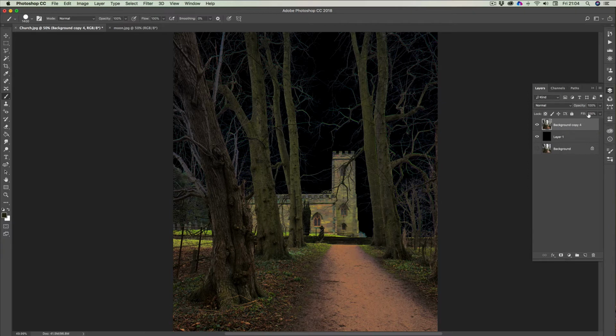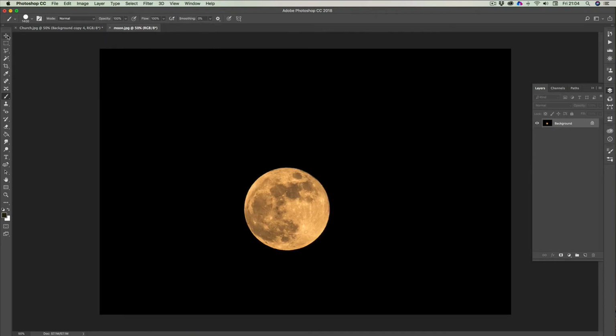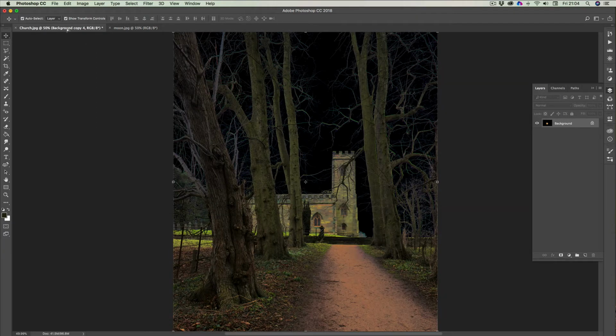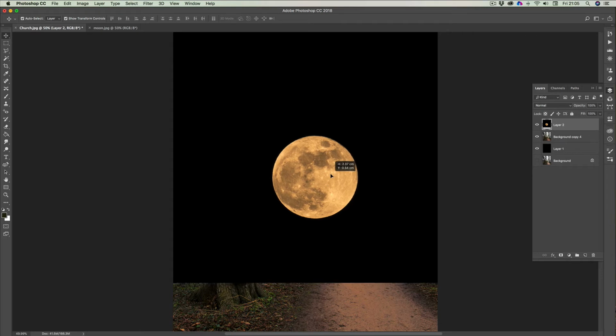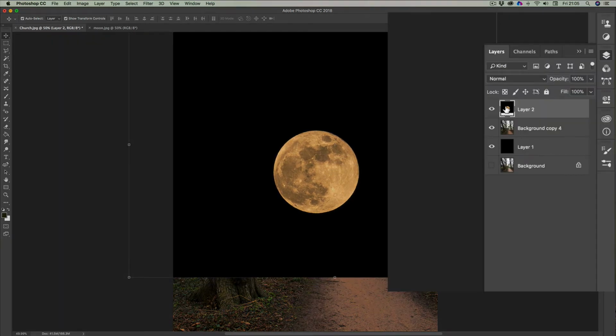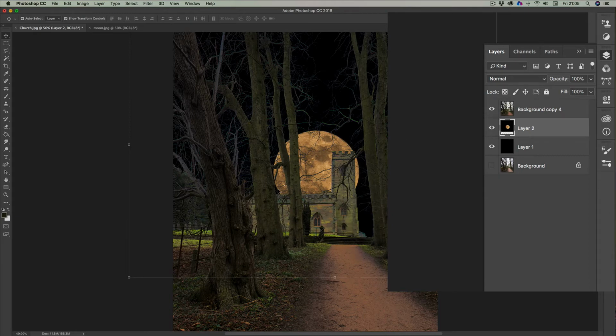Okay, so we can go to our moon picture, click on the move tool, put the mouse on the moon and drag over to here. Make sure you come over the tab on the picture, don't let go of the mouse, bring the mouse over the picture and release. You can see it's come on the top at the moment, so we can drag this layer below the image of the church, and there's our